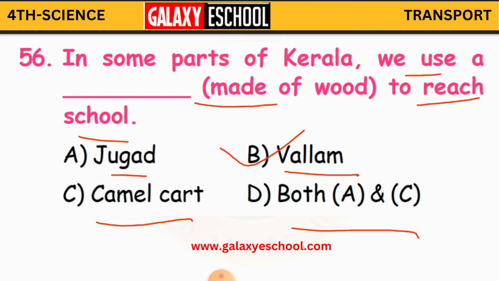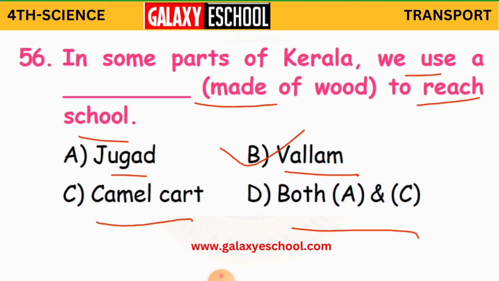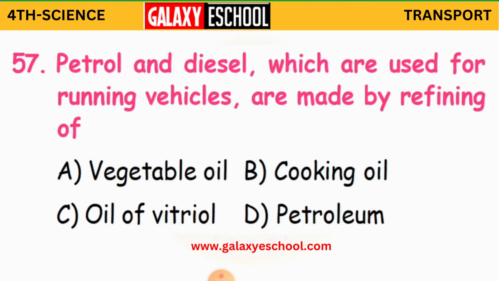Now if you see Malayalam pictures, children, you can mostly observe this. If they want to cross the water, they'll have a bridge type of thing constructed with wood. We call it vallam. They'll just cross that and then they'll reach their places. That is specially for going to school.